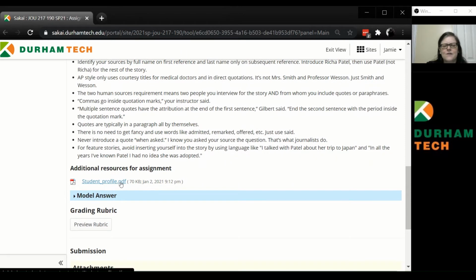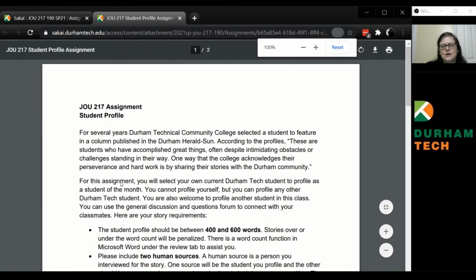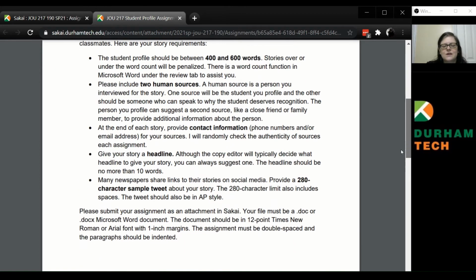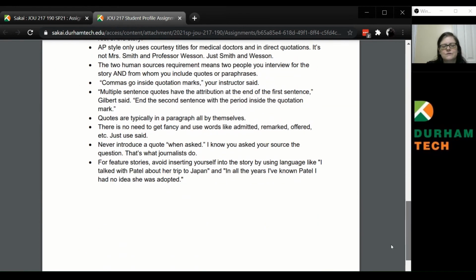You also have a PDF version of the assignment, which is basically just a copy of what's above. So if you want to save it, feel free to.